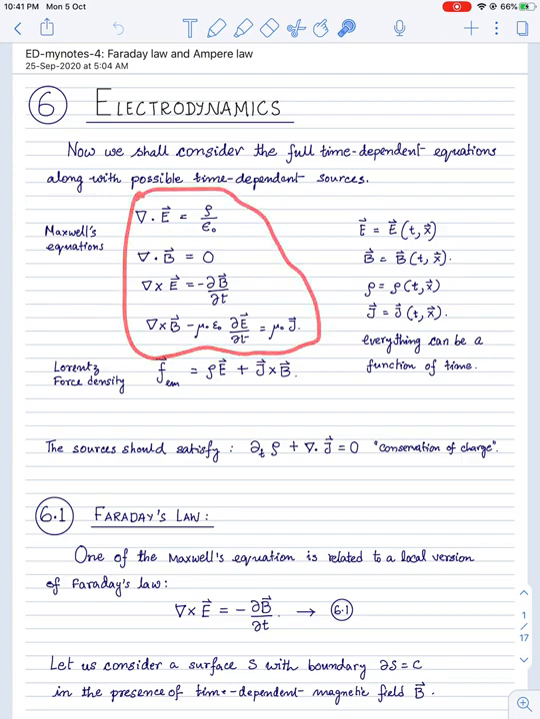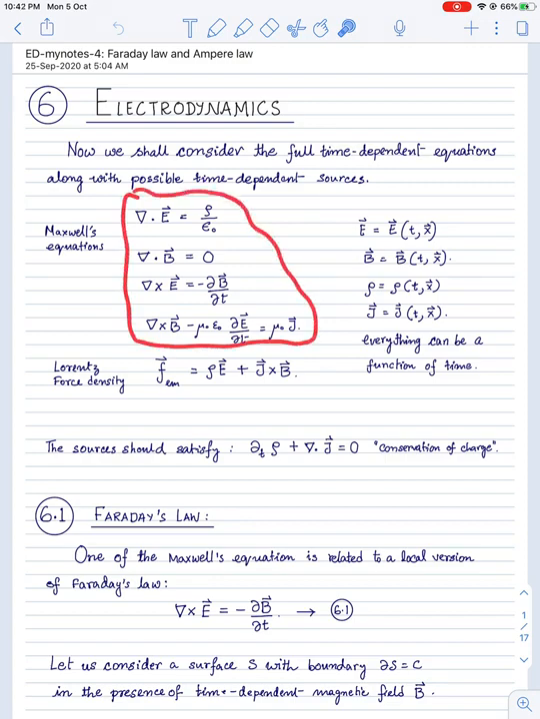So we begin our discussion again, starting from Maxwell's equations, which we are assuming are the fundamental equations, the starting point of our discussion. And the local form of Maxwell's equations is the starting point. Here we are going to consider electric and magnetic fields that are functions of both time